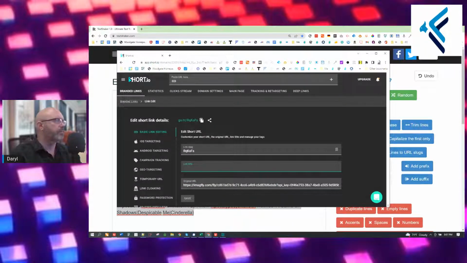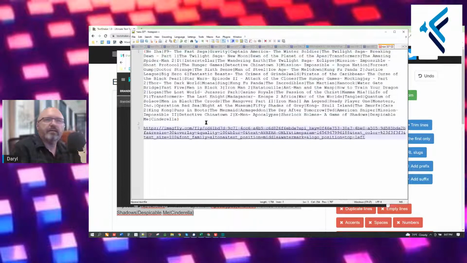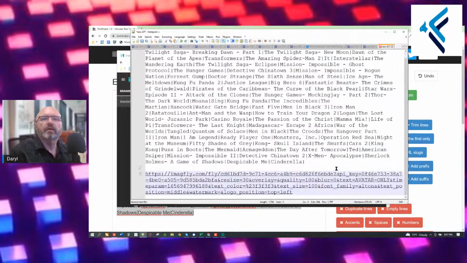All right, let me just jot this onto something here so I have it. One second here. I'm just going to paste it because I'm always afraid I'm going to lose it. I'm just going to grab this and copy it. And hopefully you guys don't mind looking at Notepad. But you will see in here, let me just enlarge this a little bit. You will see where it says avatar only. Okay. That was my test to see if I could get it to say avatar only.